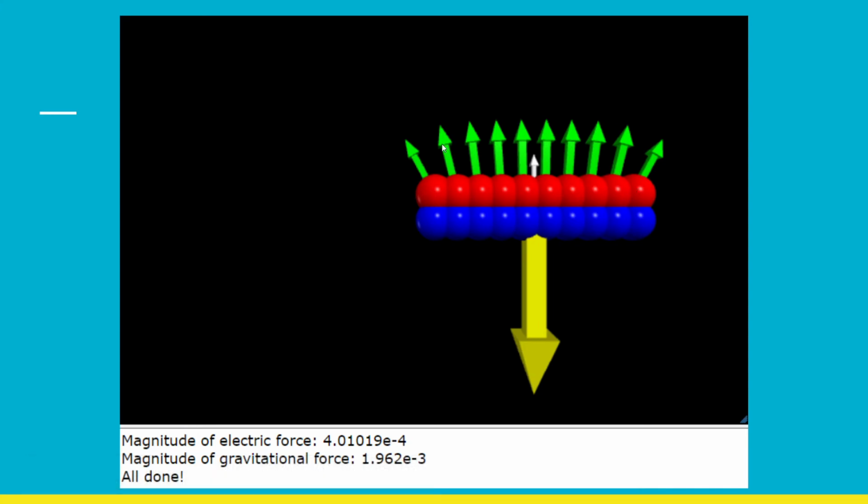This collection of red spheres are those infinitesimally small pieces of charge on my top tape, and the ones at the bottom are those infinitesimal pieces of charge on my bottom tape. Those green arrows are the net electric field on my top tape due to the bottom tape. The yellow arrow is the gravitational force, and the white arrow is the electric force. You can see here that my white arrow, or my electric force, is way smaller than my gravitational force,